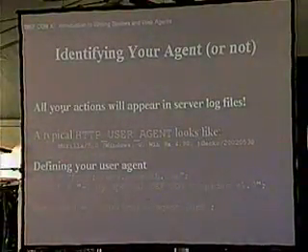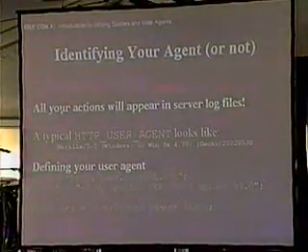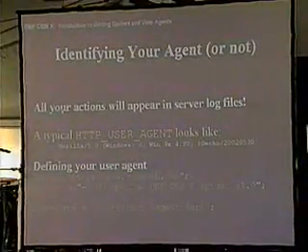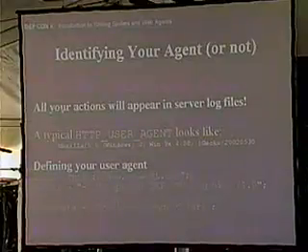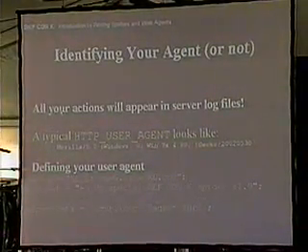Something you need to remember when you're writing agents and you're going out to servers, you're going to leave a log in their log file that shows that somebody's been there. And if you don't do anything with curl, I think basically it just says curl and the version number. But you can make it look like anything you want. For example,